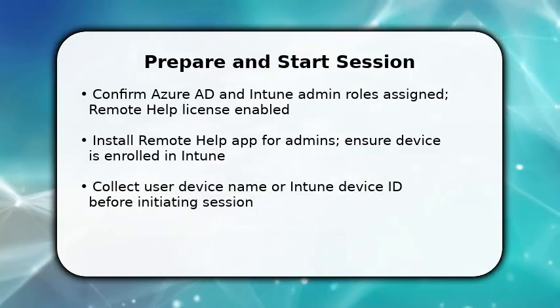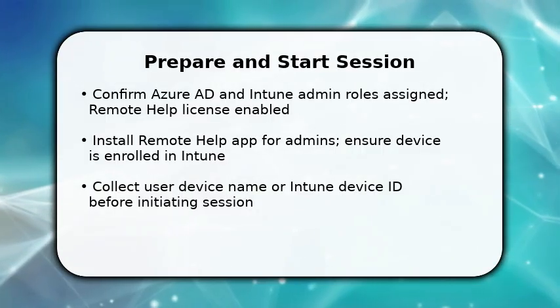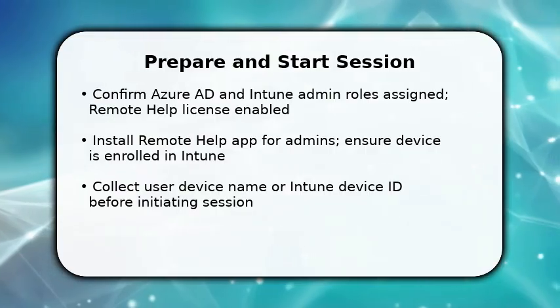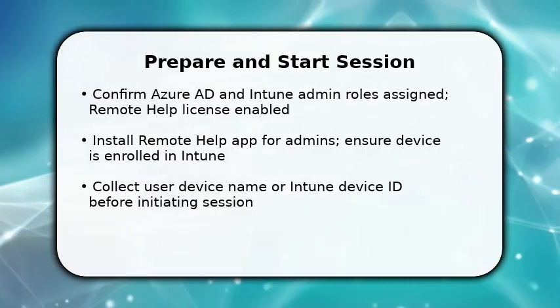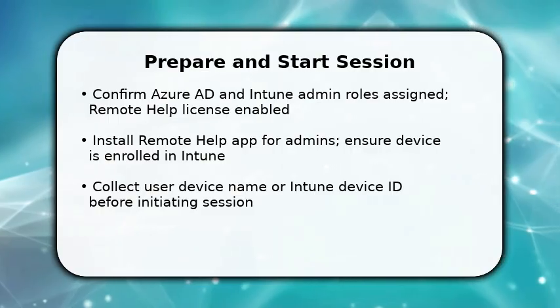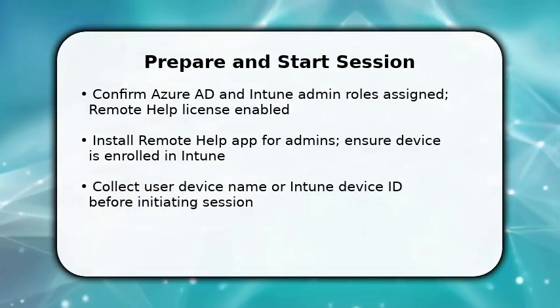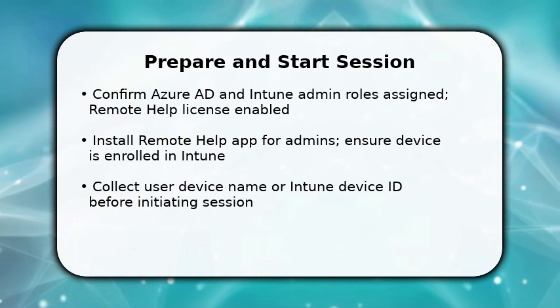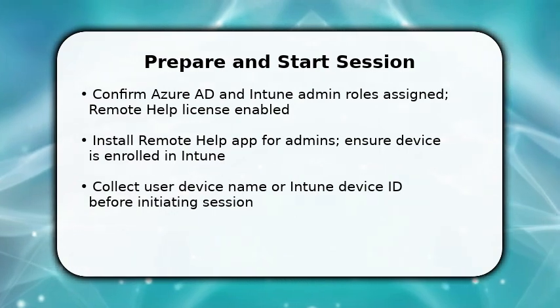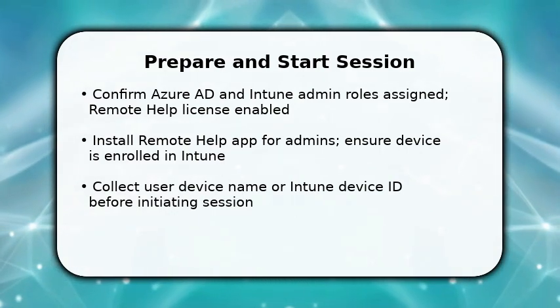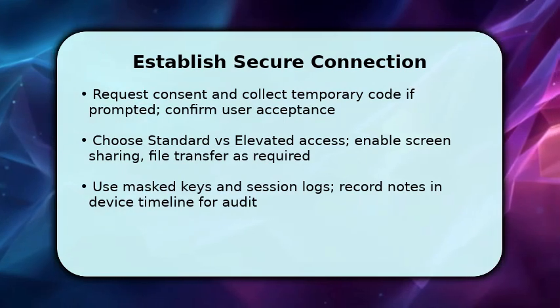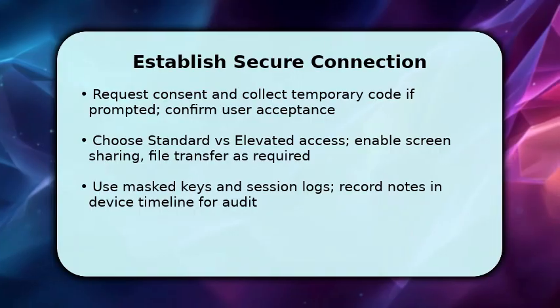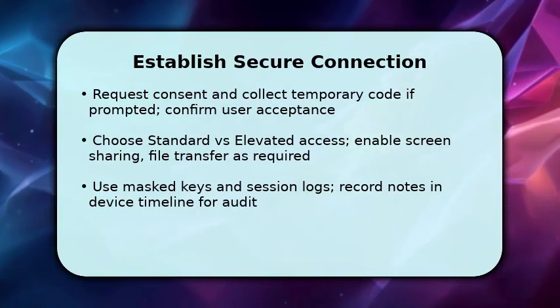Next, search for the target device by name or device ID and start a request. This is the first actionable step because it creates a secure assistance channel. Make sure the end user sees the incoming request prompt and accepts the connection, so you can proceed to elevated support if needed. Once the user accepts, establish a secure connection by selecting standard or elevated access depending on task